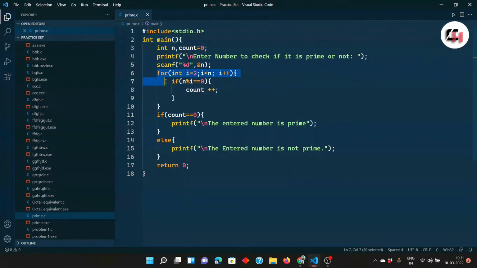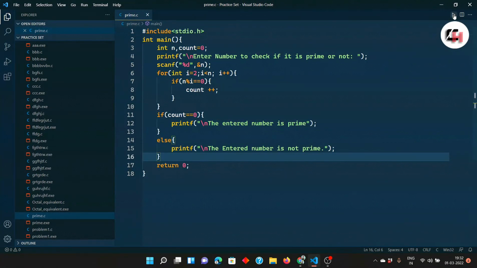After that, we write the logic for checking a prime number. So here is our for loop: for int i equal to 2, i less than n, and i plus plus. And if n modulo i equal to 0, then the count variable will increment. After that, if count equal to 0, then it will print the entered number is prime. Otherwise, it will print the entered number is not prime.